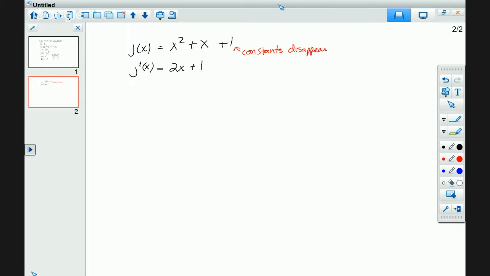So what is j prime at 2? 0. x squared? Yeah, 2 times 2. Oh, you're saying that. Okay, yeah. No, it's the same one. j prime at 2 is 5. Yeah, so